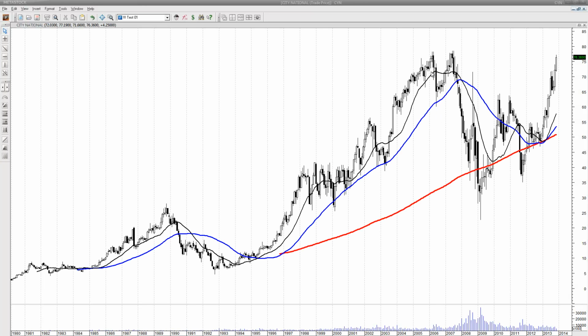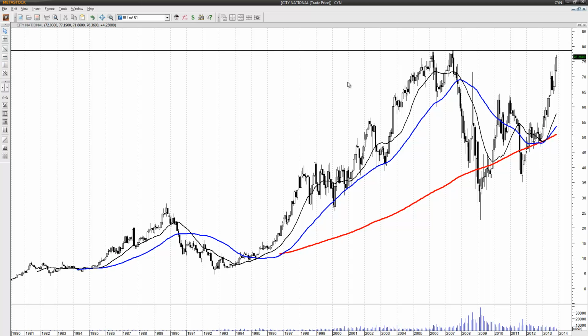it's City National. Quite easy to see. That's something important. It should be easy to see where you pick your levels from, because if it's easy to see to you, it's easy to see to other people as well. Okay, City National, I got a peak here, and the highest point is